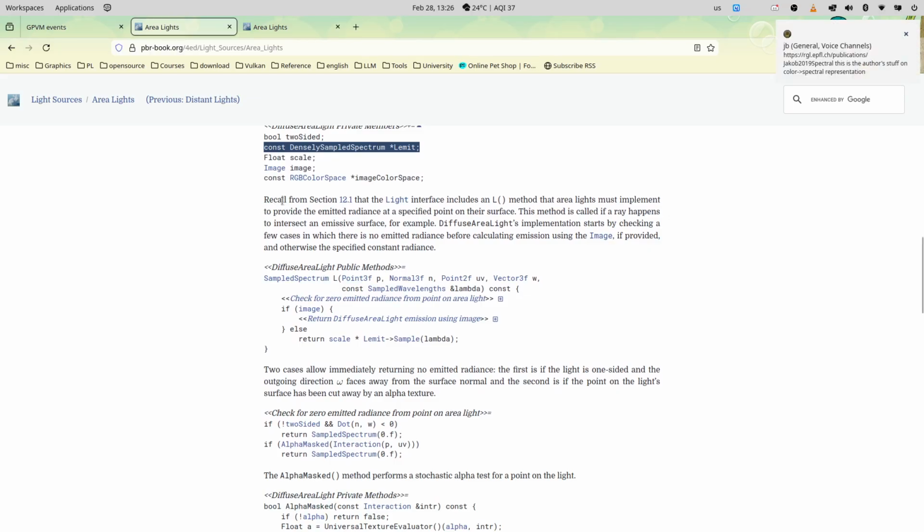Recalling from section 12.1 that the light interface includes the L method, that area lights must implement to provide the emitted radiance at a specific point on their surface. This method is called if they happen to intersect an emissive surface. For example,